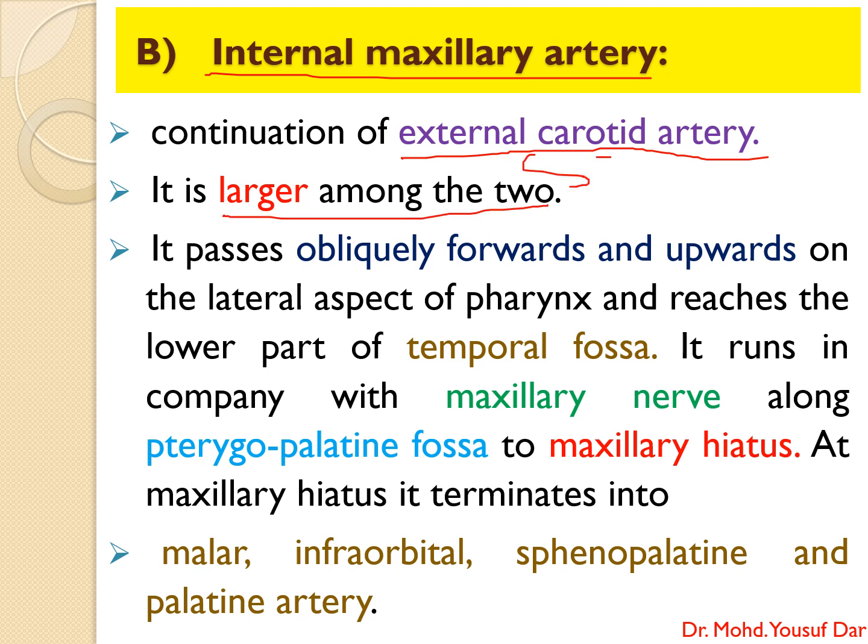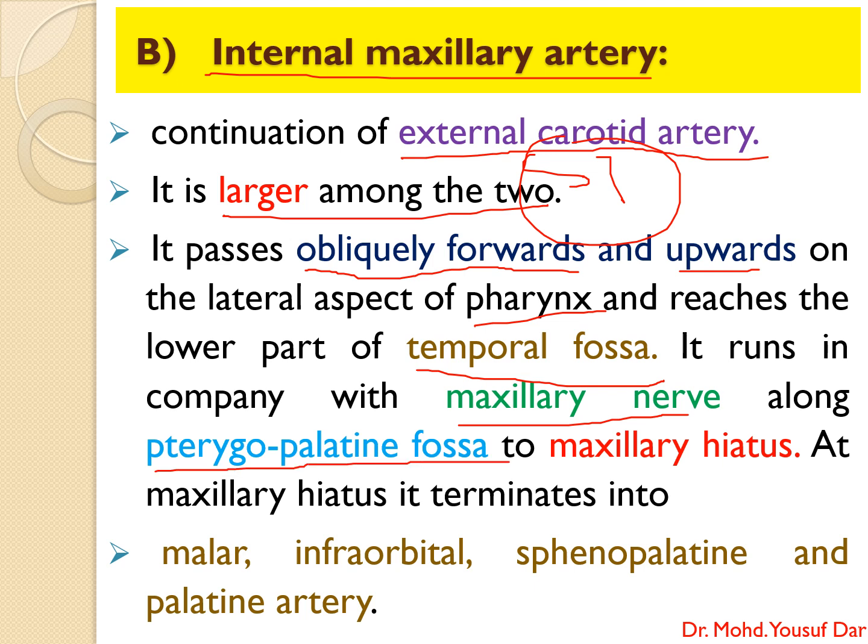Superficial temporal, and the bigger one is the internal maxillary artery. This internal maxillary artery, what does it do? It passes obliquely forwards and upwards on the lateral aspect of the pharynx. Then it reaches the lower part of the temporal fossa. From there, it runs in company with the maxillary nerve along the pterygopalatine fossa to finally reach